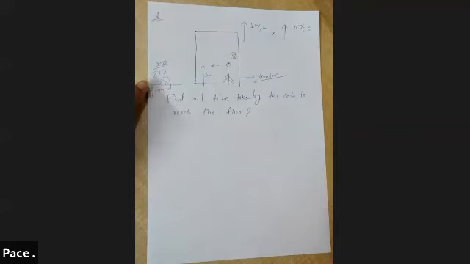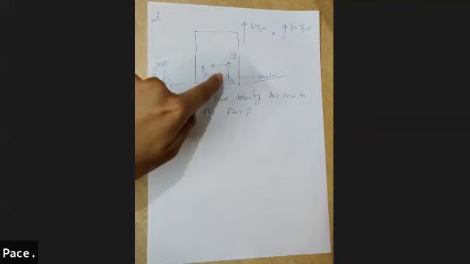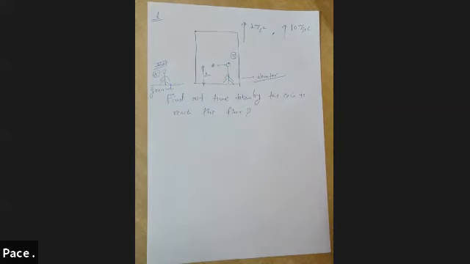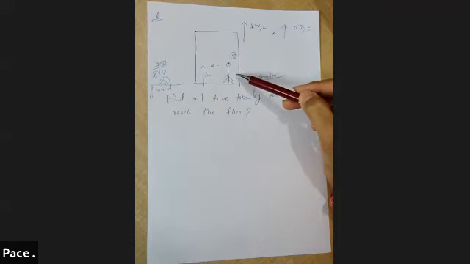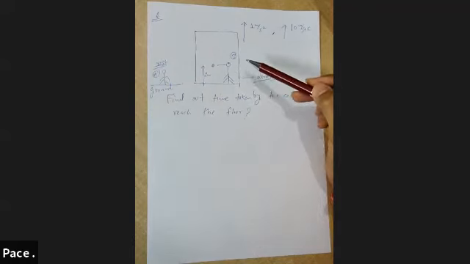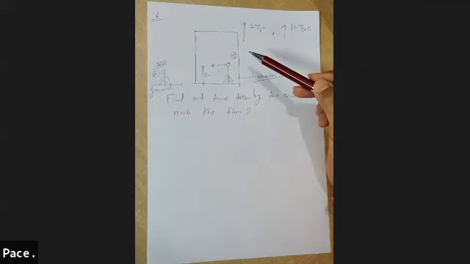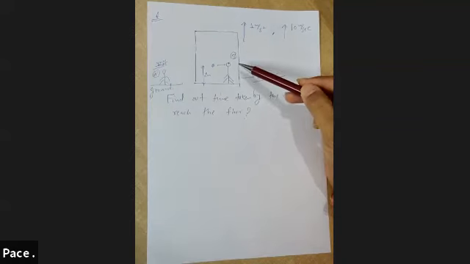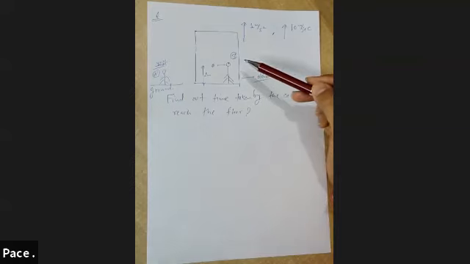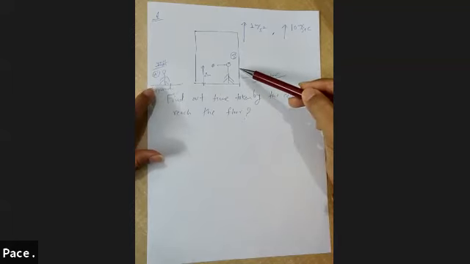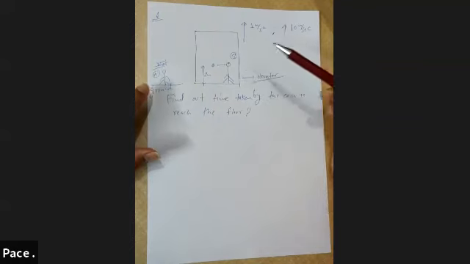But when you go to man B and ask what exactly is going on, B will say that with respect to the elevator, he is at rest. Why? Because they both are moving up with the same acceleration and same velocity. So man B will say, I'm not doing anything, I'm at rest. And when you ask man A about the motion of B, man A will say that man B and the elevator both are going up with 1 meter per second square.